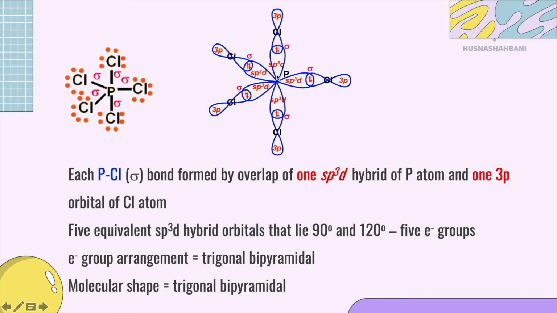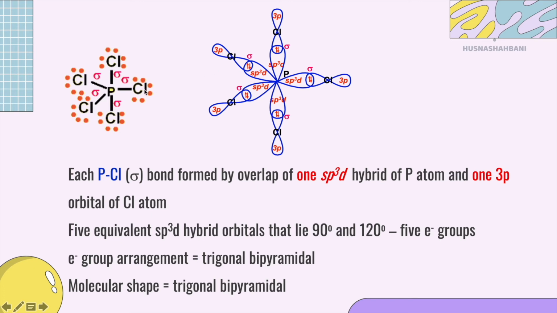That's why you have to draw sp³d in trigonal bipyramidal. Make sure the angle between the plane, these 3 in the plane, is 120 degrees, and the angle between above and below is 90 degrees to the plane. And then